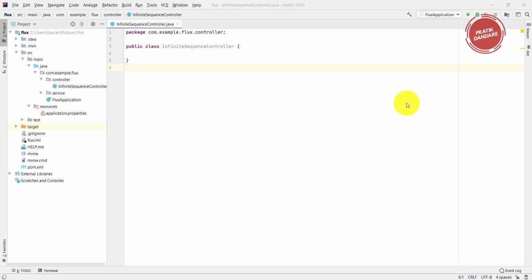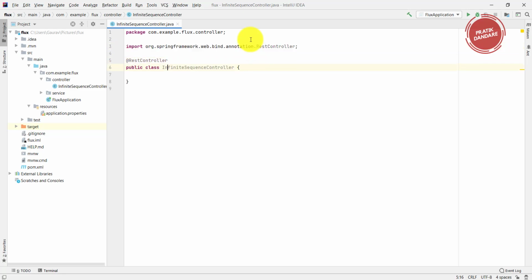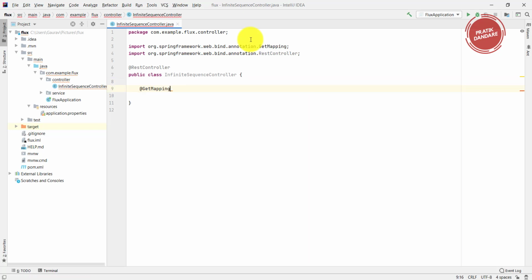So guys, this video is all about generating the sequence. For that purpose, I created one controller, the infinite sequence controller. I'm using @RestController, and it is @GetMapping, the sequence API.